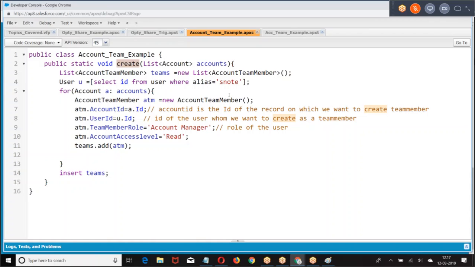Satish, we are sharing using user ID, and then why are we mentioning the team member role? It is the role of the user. See, now I made you a manager in the account. I'm making someone else finance, and somebody else a marketing agent for this account. I'm making you a team member on this account, right? Then I'm saying, what is your role on this account? Yes, I understood. Right. Thank you.